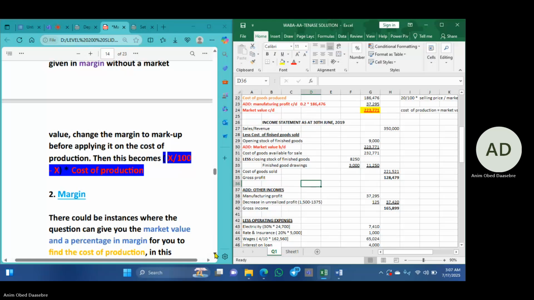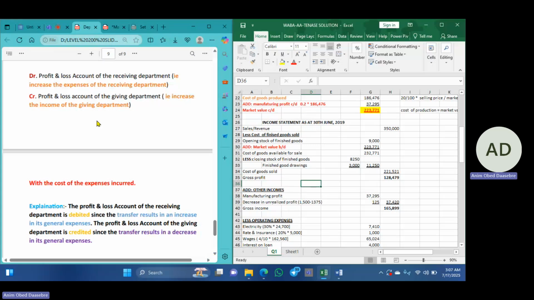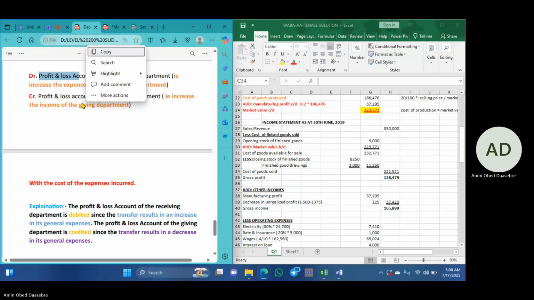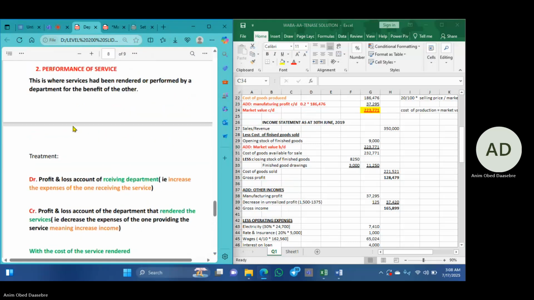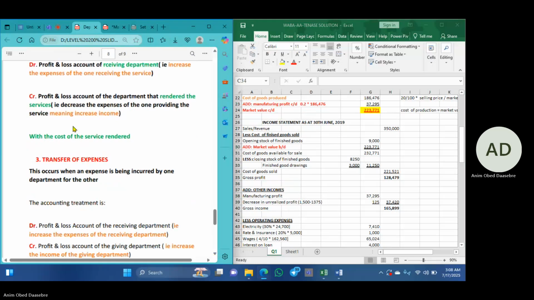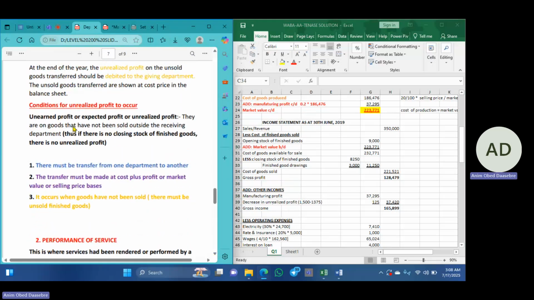There are situations where we need to consider whether or not unrealized profits will be available. Right. So that one, let me show you something. So we have conditions